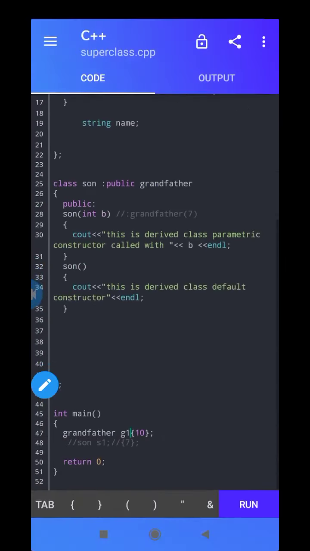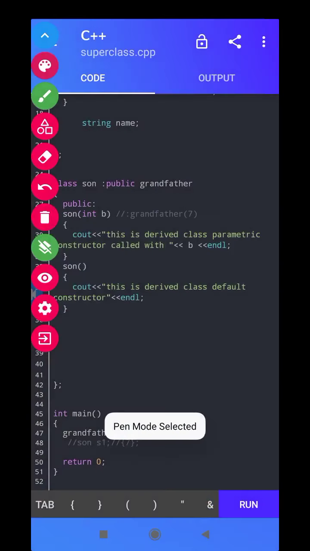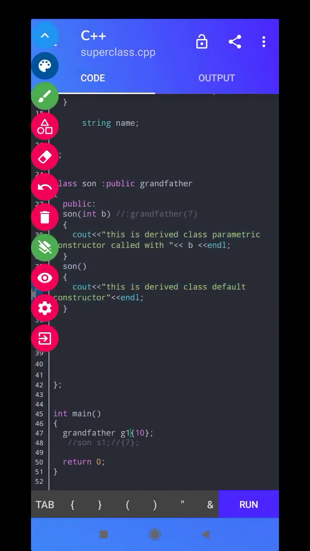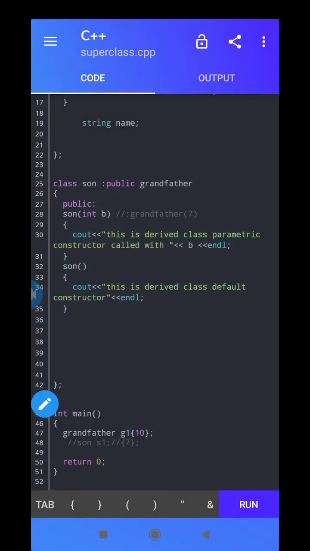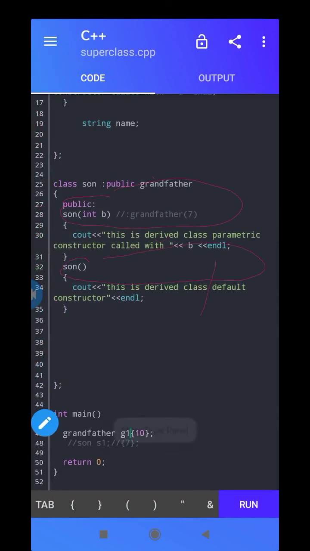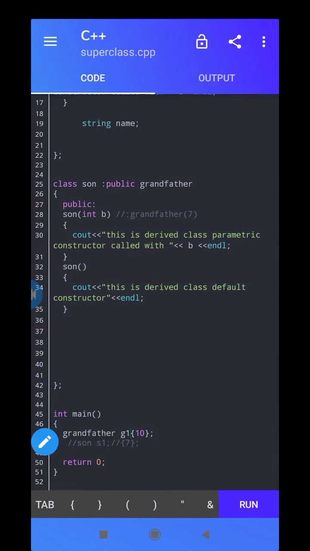So with grandfather class G1, if you pass this argument 10 here, then this will be passed to that function, and when you run this one,